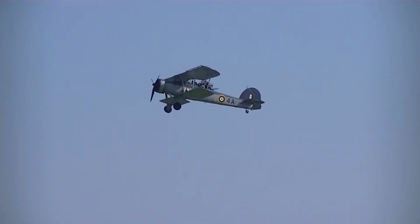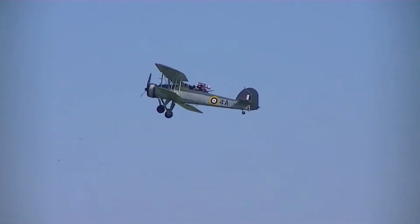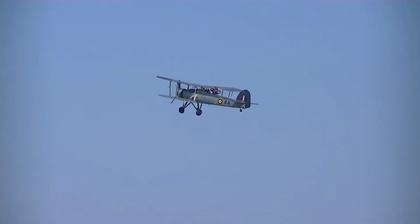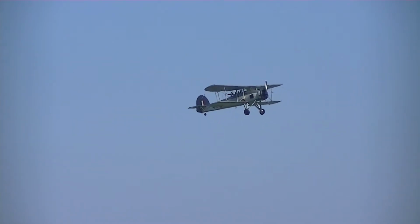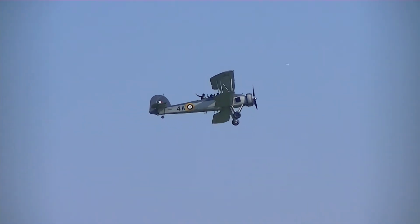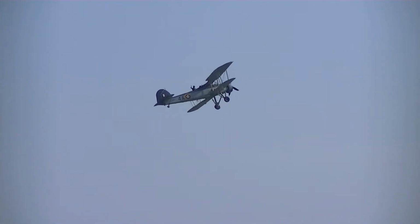The Swordfish from the Royal Navy Historic Flight, a Mark I built by Blackburn Aircraft at Sherburn-in-Elmet, that served with the Fleet Air Arm from 1941 to 44 when it was transferred to the Royal Canadian Air Force. And here, wave and a wave from the rear crew members, which I'm sure they'd like to see reciprocated. It's always astonishing to